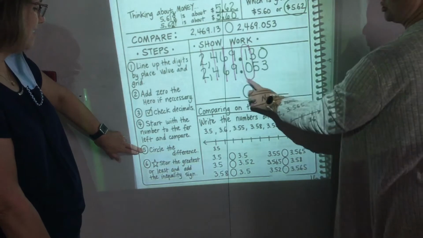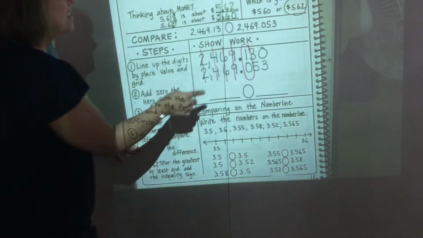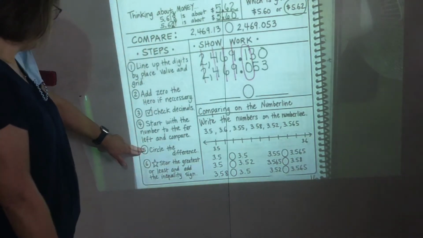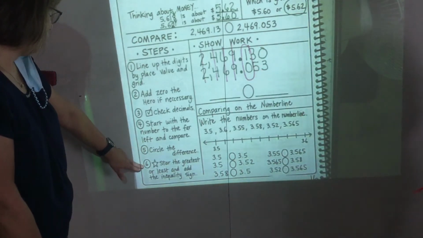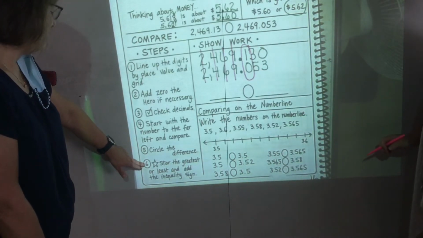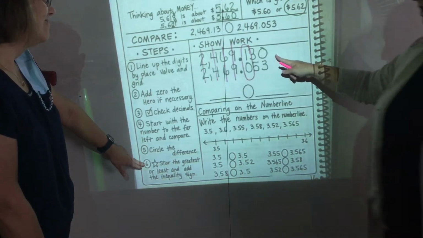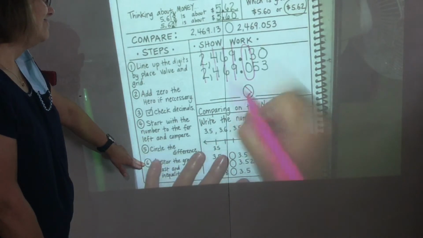So I circled the different one. And we determined that it was the tenths place. Right, and in this tenths place, there's a 1, and that place is a 0. I know that 1 is greater than 0, so that means that this top number is going to be greater than, watch this,